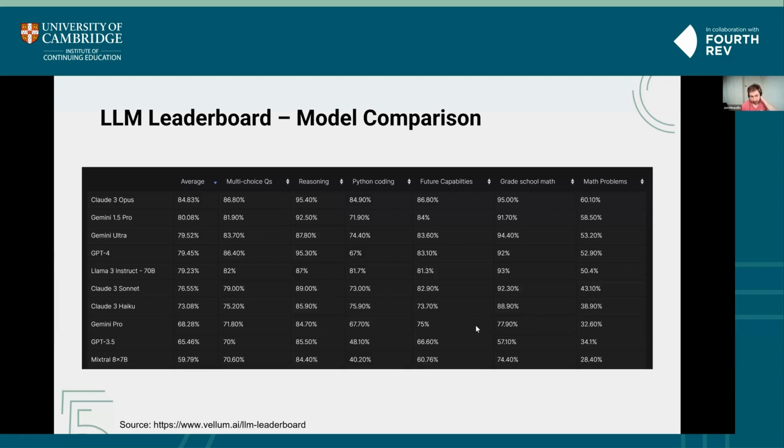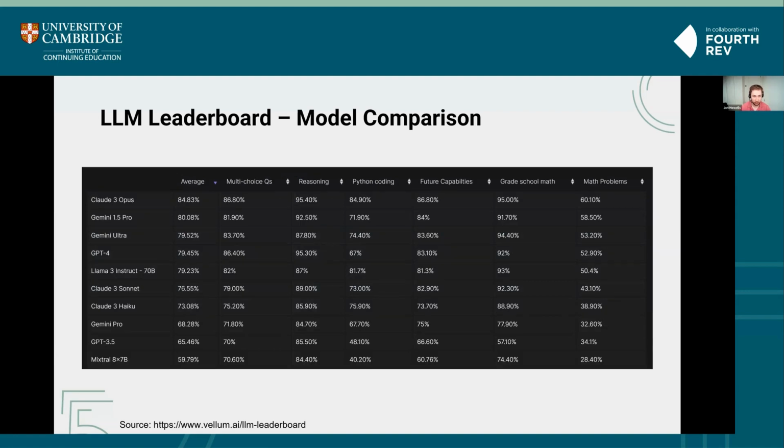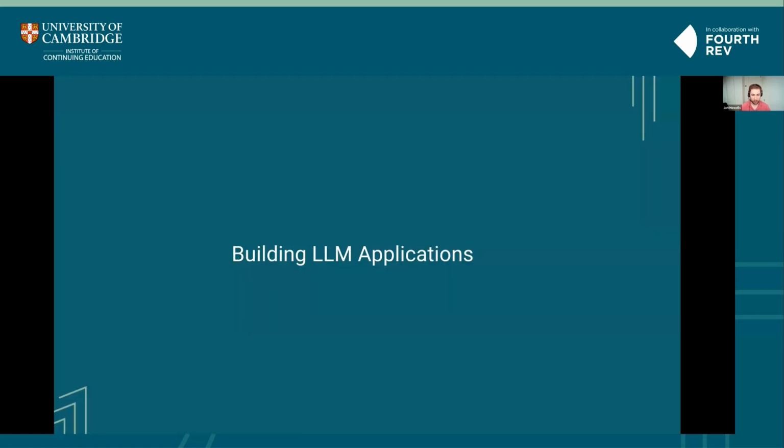And there's also other things to consider alongside performance. You need to think about the cost, the latency, maybe there are rate limits. So all things to consider. But I just wanted to give a quick overview of the state of the field as it is at the moment with large language models, when you're thinking of which ones to try out and use within any application. Okay, so now we'll get more into the heart of building large language model applications.